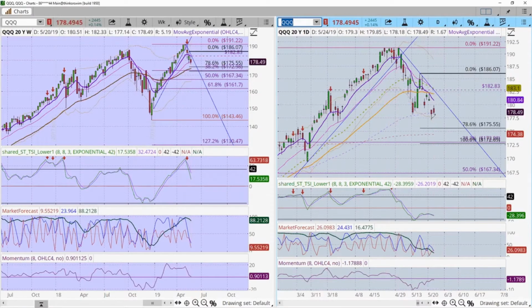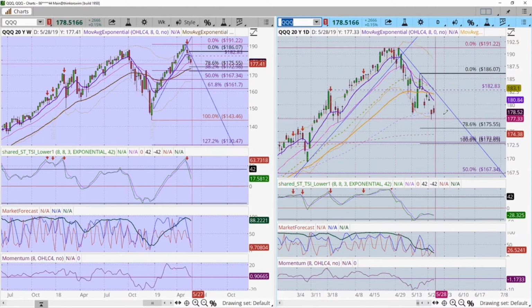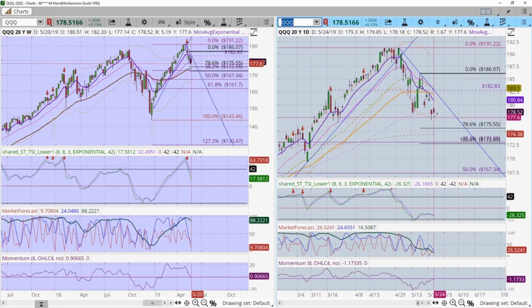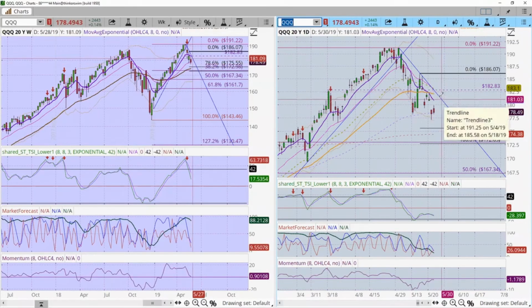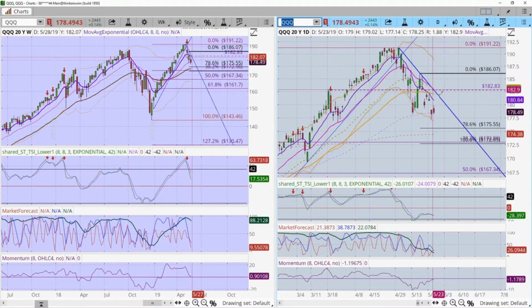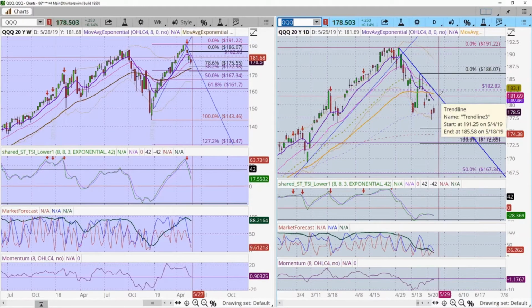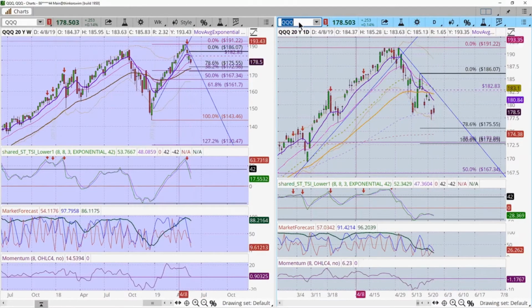I'm not in a big hurry to try to trade this here, although we do have it at a level of support. And if you are interested in trading the Qs down here at about the 177, 178 level, I think that's the 177.50 level, remember it would be a counter trend trade, and anticipate it running into some overhead resistance right here at the trend line and/or the moving averages.